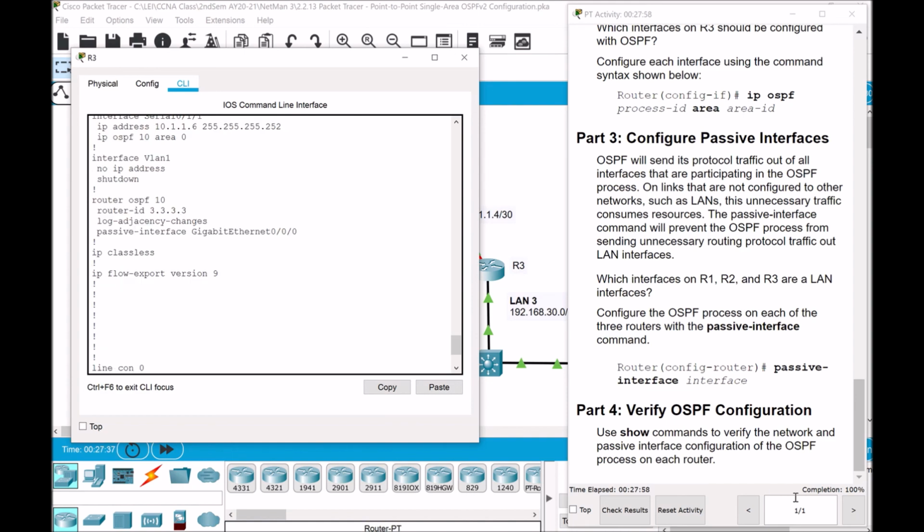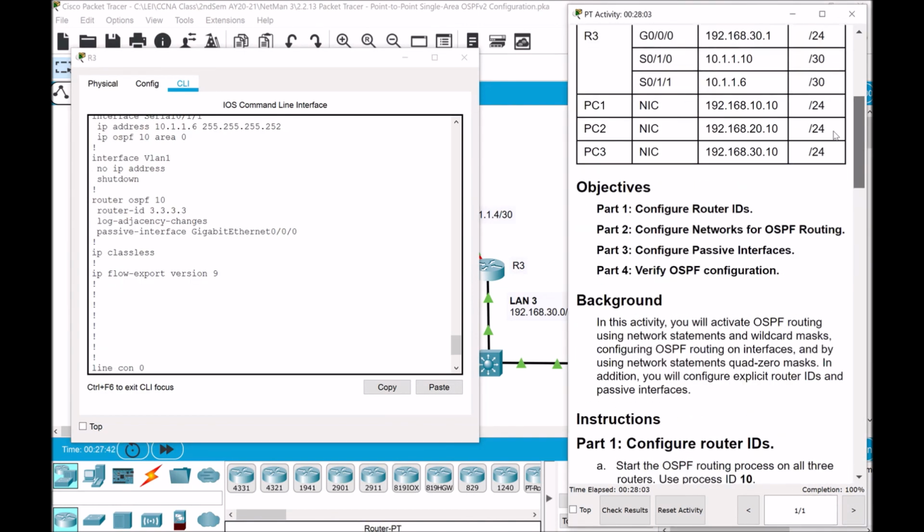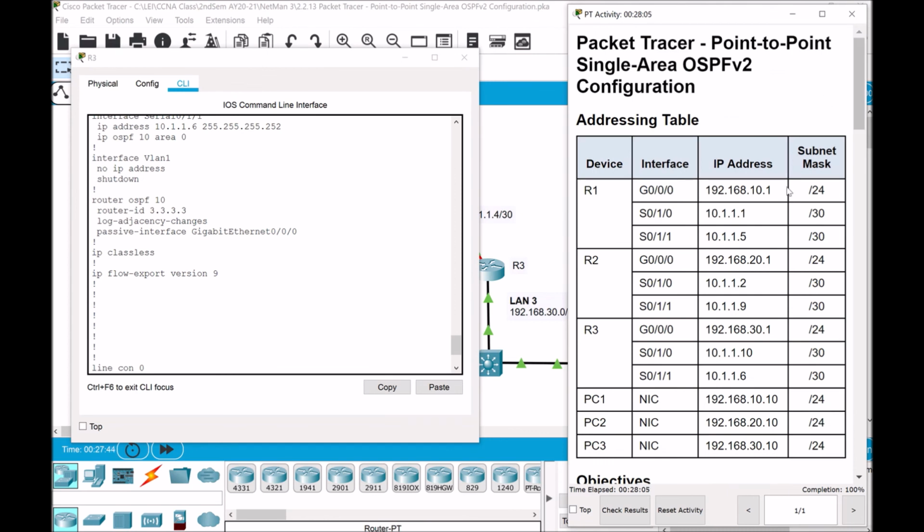Right? That's it. We have completed our Packet Tracer activity, point-to-point single-area OSPFv2 configuration. Don't forget to save your accomplished Packet Tracer file and your answered manual saved as a Word document and submit